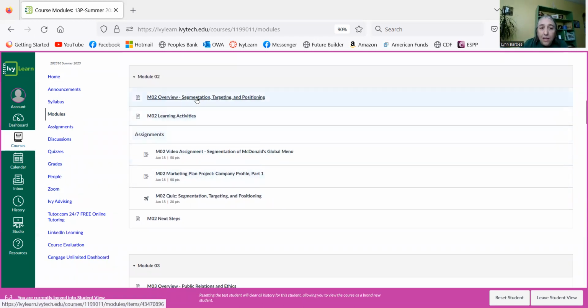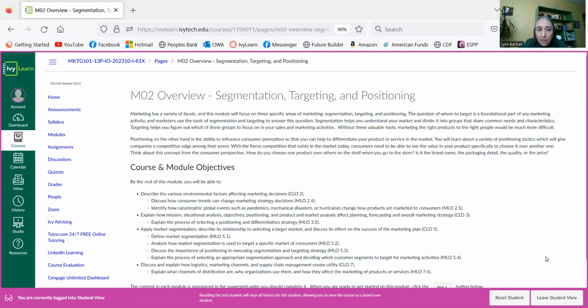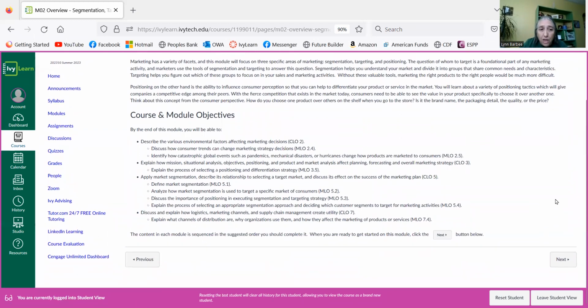And I always think it's a good idea to start here and go through each page one at a time just to see what's there. Now, some of this stuff, again, might not be as interesting to you. I want you to know it's there though, so you can refer to it if you need it. And then just click next and go to the next page.